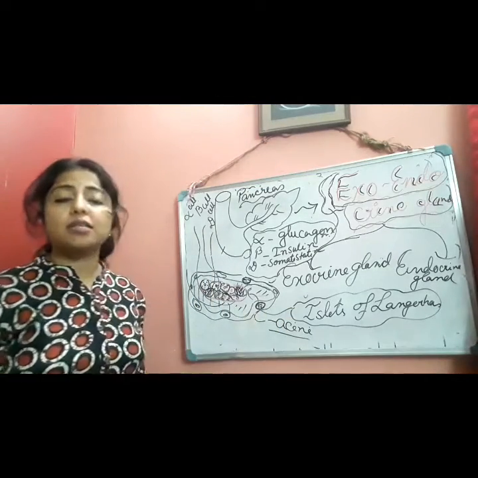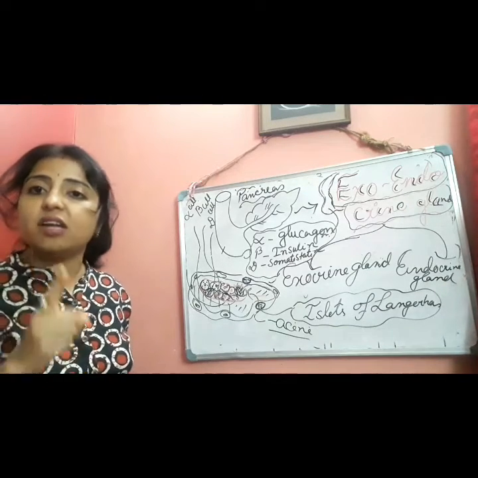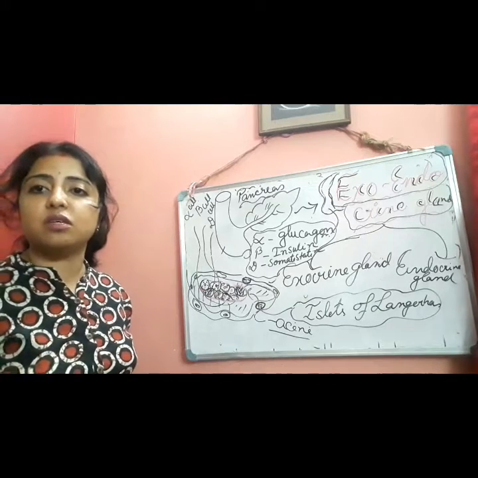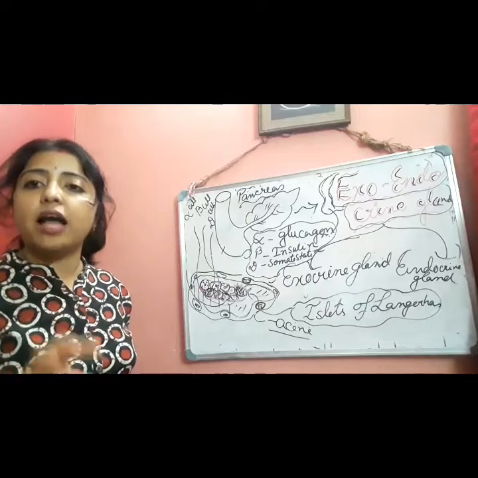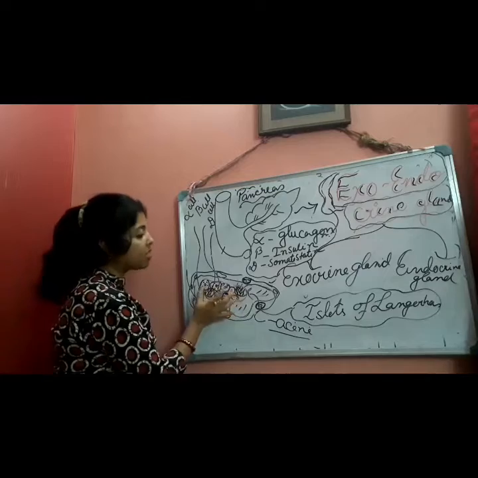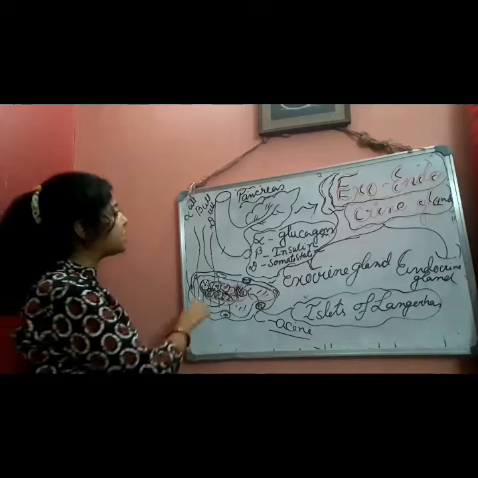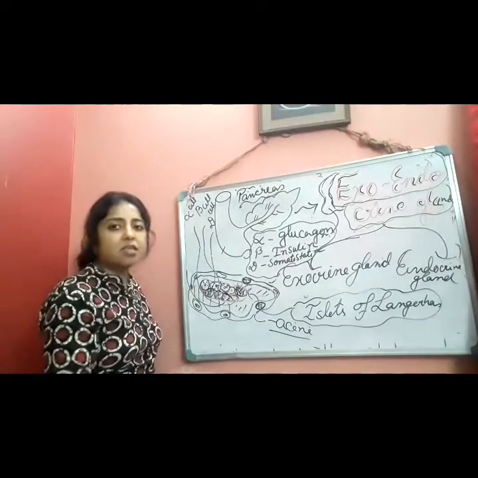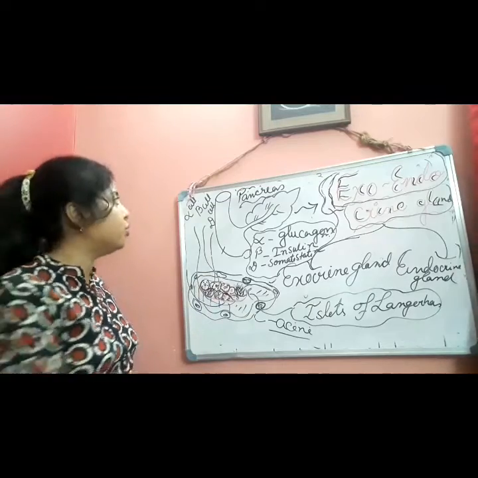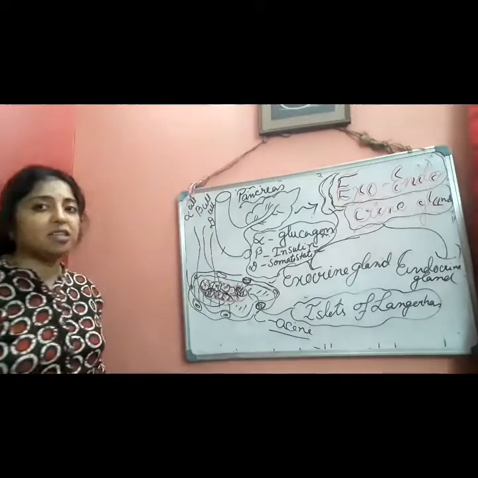These pancreatic acini have ducts, which means they are ductular glands, and they are related to the digestion process. They secrete different kinds of enzymes. The cells surrounding them like an island are known as the islets of Langerhans. There are different kinds of cells present. There are so many cells, but I have given some examples which are very important to know. First one, alpha cell, beta cell, and third one is D cell, that is delta cell.